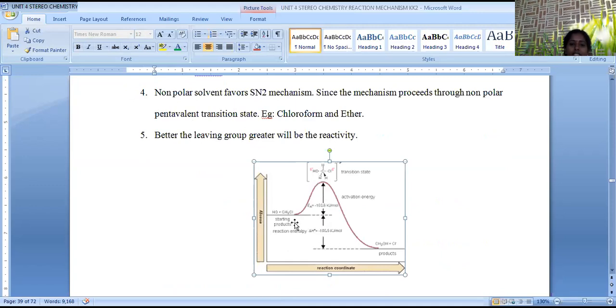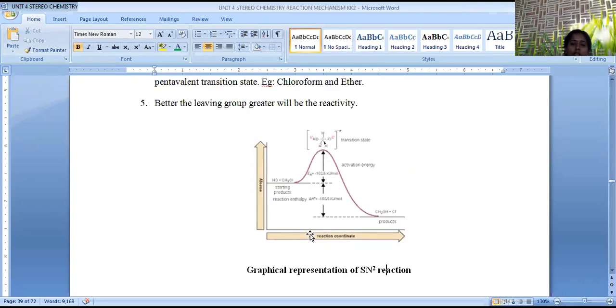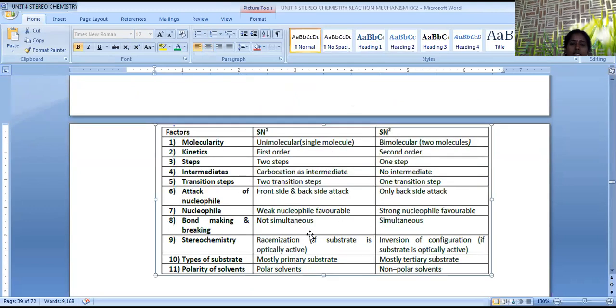Here is the energy profile for SN2, where alkyl halide is treated with nucleophile in a single step. When it is attacked, its energy rises to a peak, and here pentavalent transition state is formed whose energy is extremely high. Immediately it is converted into the product CH3OH by the elimination of leaving group chloride. So with the minimal energy, this is about the energy profile of bimolecular nucleophilic substitution, that is SN2.